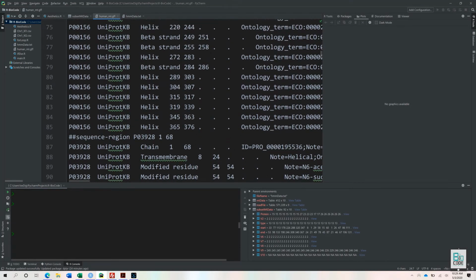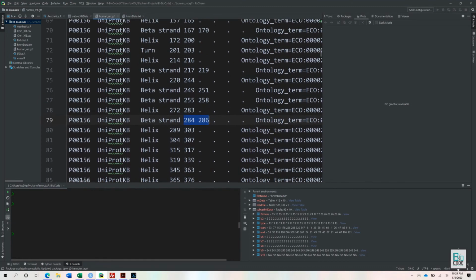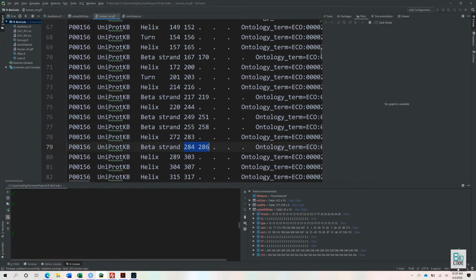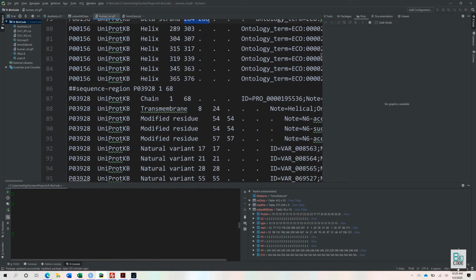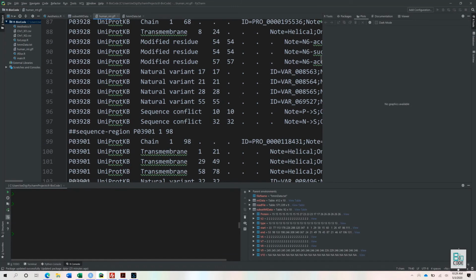So beta strand starts at this position, helix starts at that, and this provides better efficiency. These are our proteins and they have beta strand at this position, helix at this position. If you make a visualization of that, you can find a very good pattern out of it, which we will do in this video. Then we have different proteins, and the same information goes on like this.